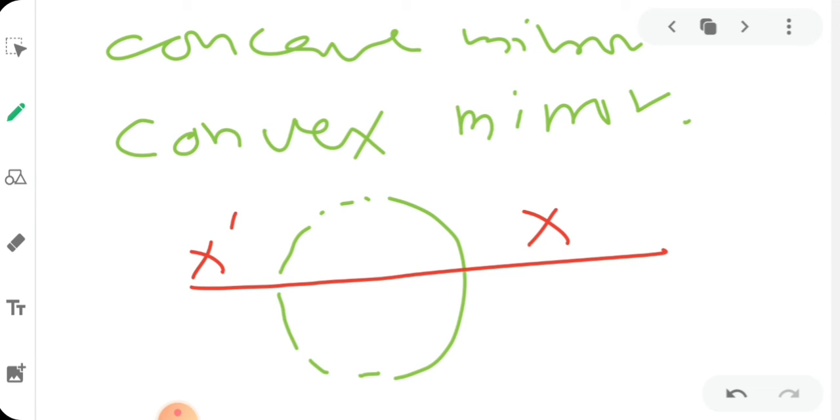Then let C be the center of curvature. C is the center of curvature. Then the point on the mirror, the point P, is the pole. What is it? It is the pole. Then let us draw a dotted line between C and P, and name it M and M dash. This would be our aperture. Now let us talk about these things in detail.